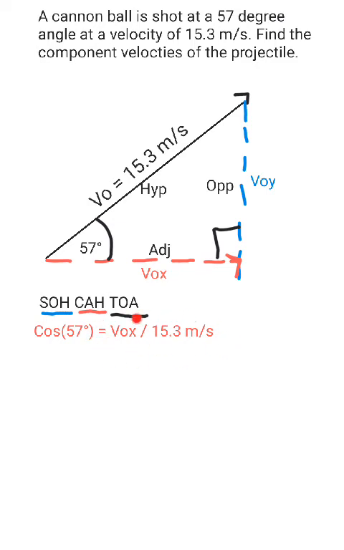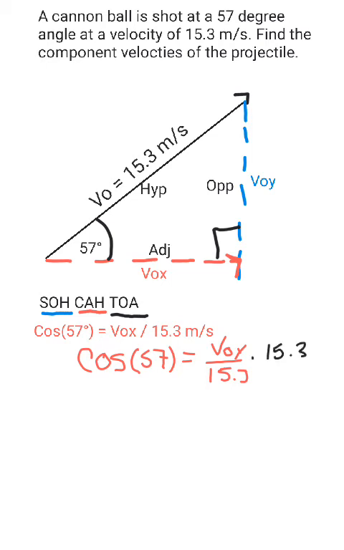Now, the operation between v naught x and 15.3 is division. So to cancel the 15.3, which is in the denominator, we have to do the opposite of division, which is multiply. So let's go ahead and write it up, right? We have the cosine of 57 degrees is equal to the v naught x divided by 15.3 meters per second. Okay, so we said in order for us to cancel this, we need to multiply. So we're going to multiply this by 15.3 meters per second. And if we do it on one side, we have to do it on the other. So 15.3